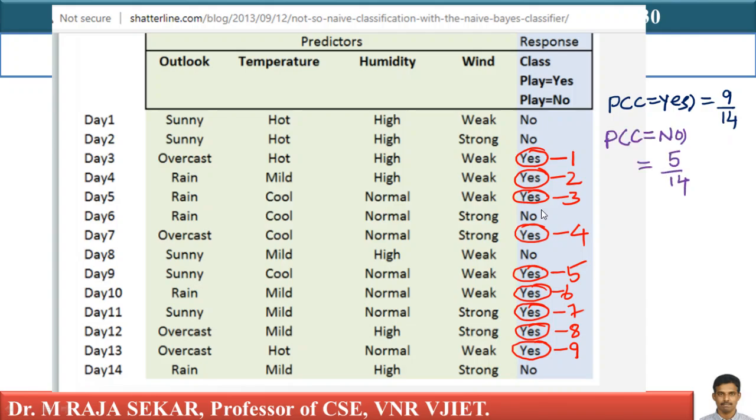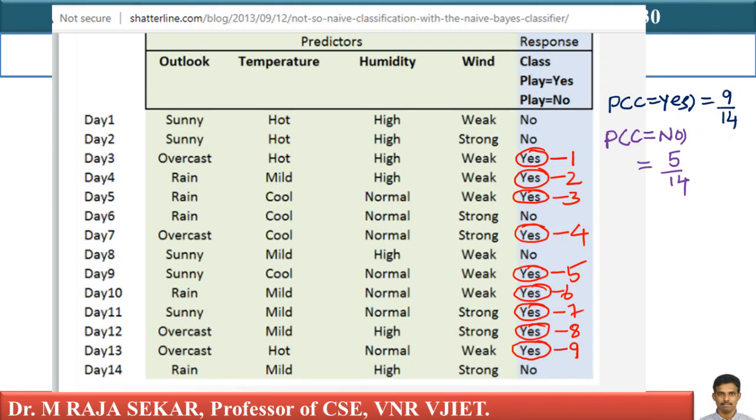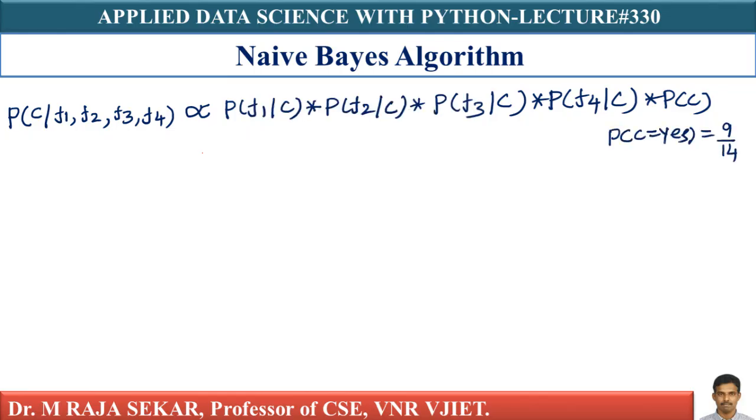In a similar manner, probability of C equal to no. How many no's are there? There are 5 no's. Therefore, I can say that it is 5 by the total number of labels, 14. I can say that is 5 by 14, isn't it? These probabilities are called priors. Now, what do I have to calculate? I must calculate likelihood probabilities,